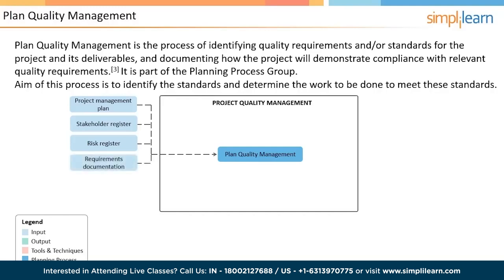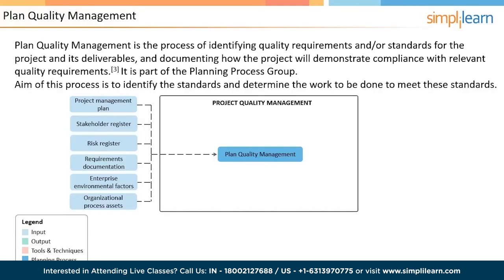The requirements for the project need to be considered for planning quality-related activities, because quality is all about meeting the requirements. In addition to these, enterprise environmental factors and organization process assets are also listed as inputs, because the standards can be either from within the organization or from government or other external bodies. Standards from within the organizations are usually the best practices learned over a period while executing numerous projects. An example of government standards can be standards to control air pollution by the motor vehicles, which vehicle manufacturers must